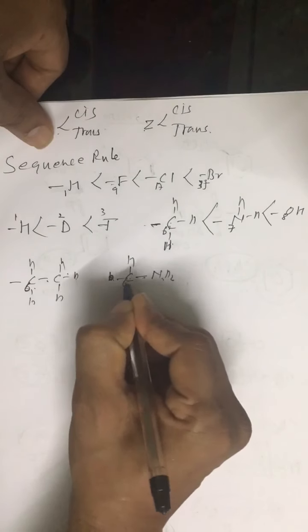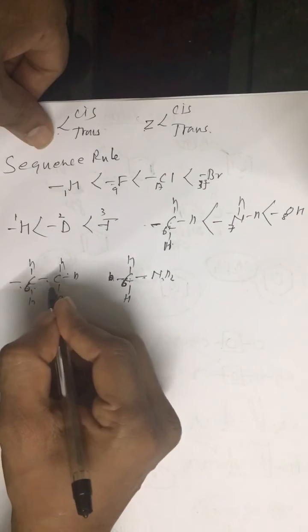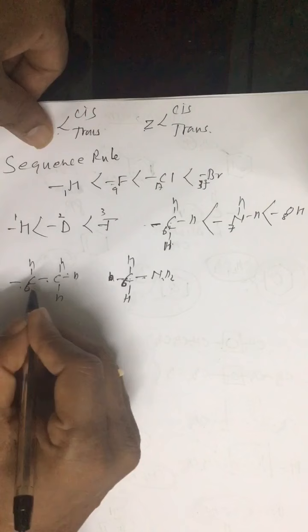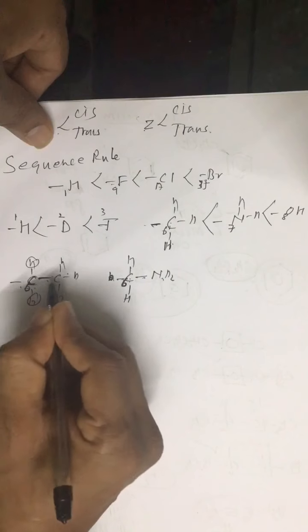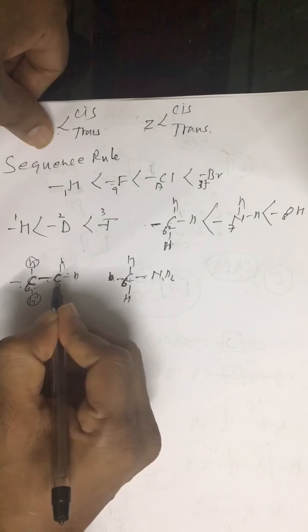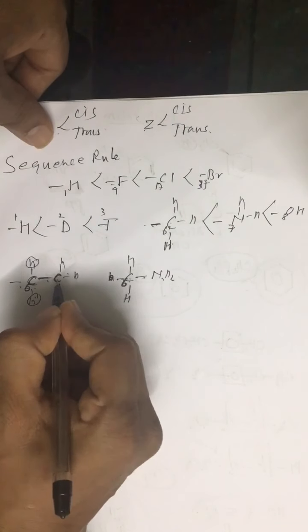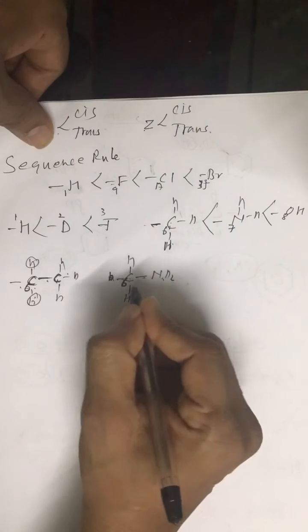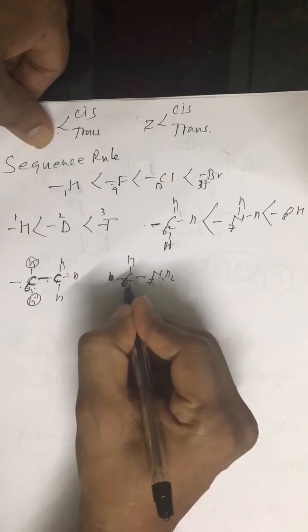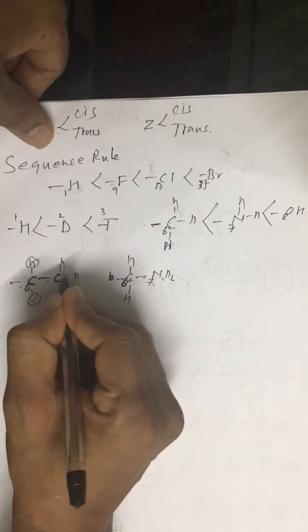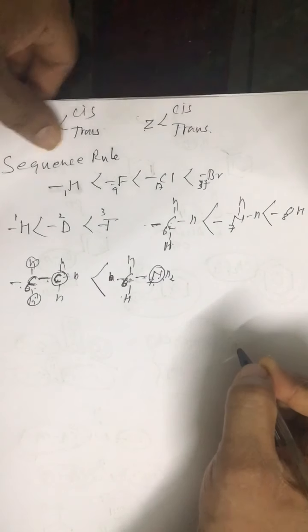We want to compare the ethyl group with the CH2NH2 group. So if the first atom is the same, carbon carbon, then the second largest atom comes into comparison. Second largest means to this carbon we have hydrogen, hydrogen and carbon. So out of hydrogen and carbon, which has higher atomic number? Carbon has higher atomic number. So this carbon comes into comparison. Whereas here after carbon, carbon is the same, we will take nitrogen. Here we will be comparing carbon with nitrogen. So since nitrogen is senior, this group is senior.